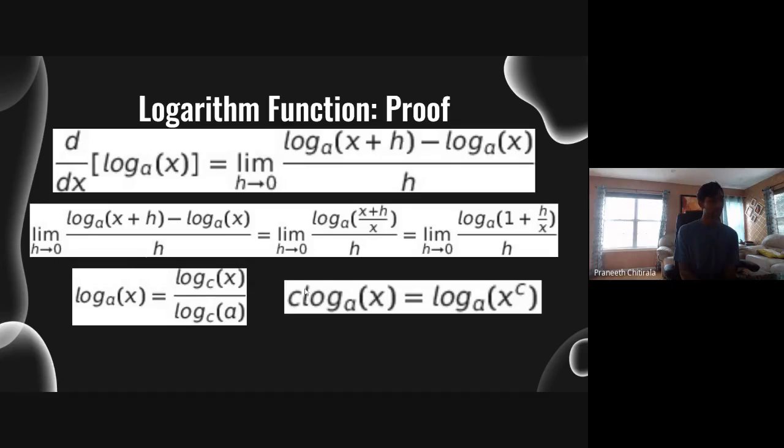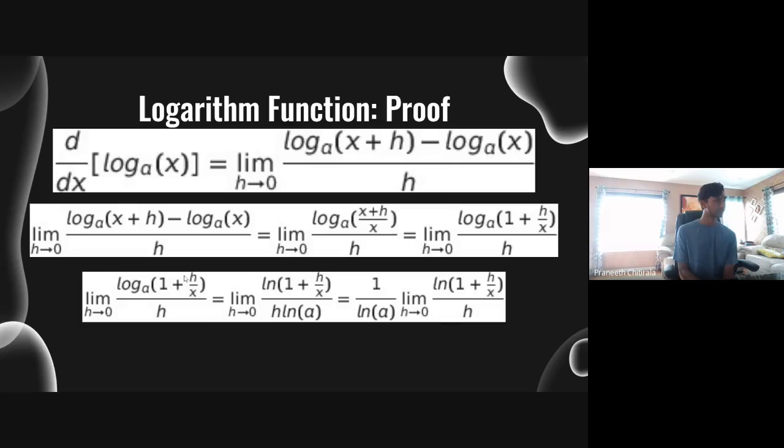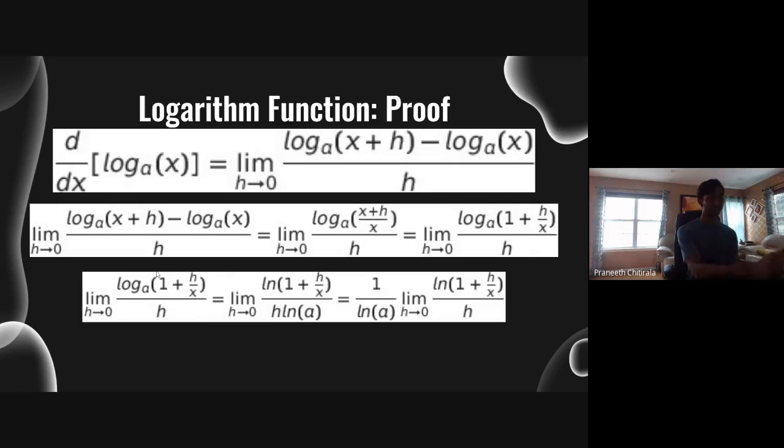Also, a constant c times log base a of x is equal to log base a of x to the c power, so this c just becomes the power of x. Using these facts, we can simplify the limit so that log base a of this function is just the natural log of 1 plus h over x,